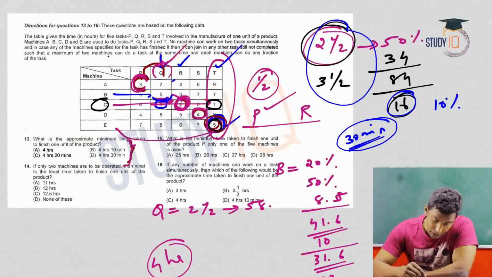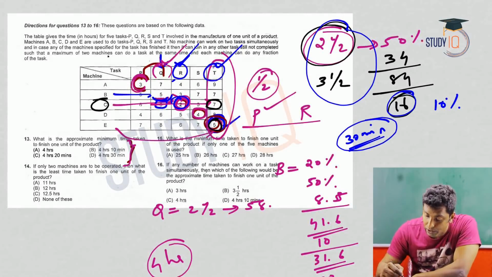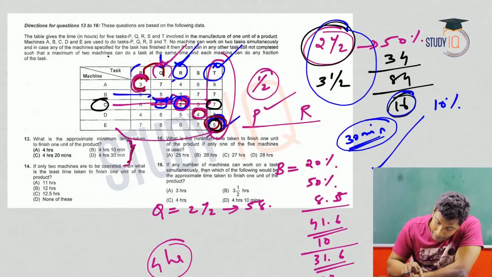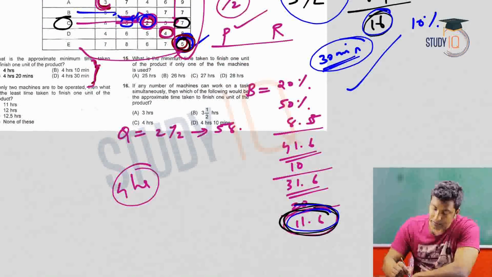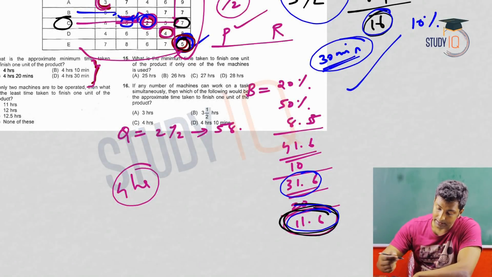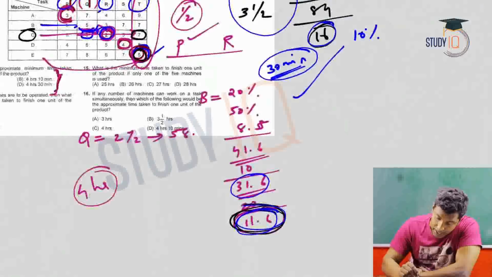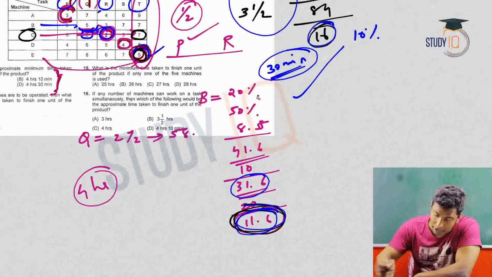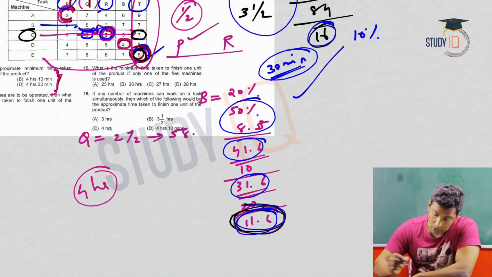This R, we saw, is completed in 2 hours. T is completed in 4 hours, we saw. P also is completed in slightly less than 4 hours, because towards the end we saw 11.6. What was the balance? See, how was it working? See, 58.5 was done. 41.6 was required to be completed, out of which